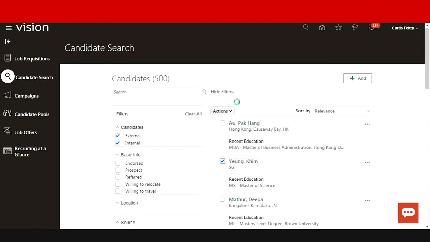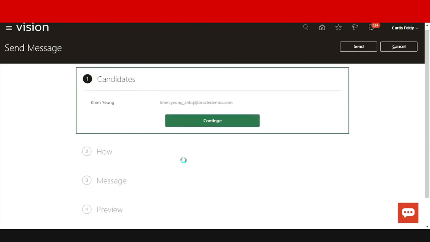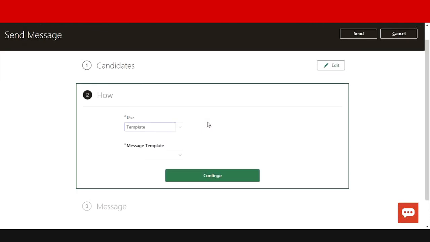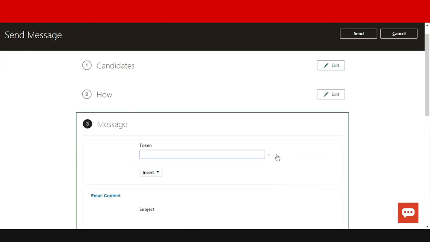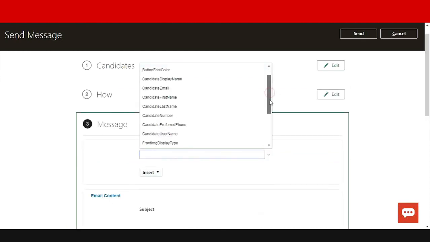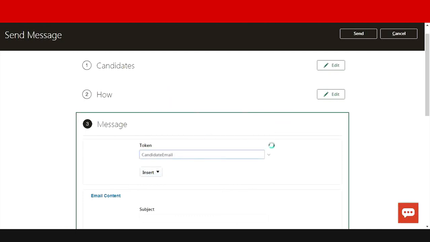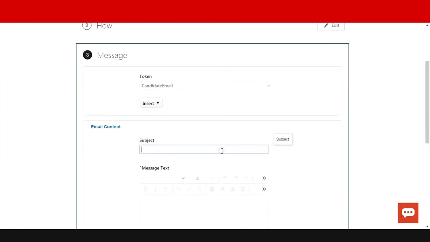If you want to perform another action, go back to the actions page, and here you have something called send a message. You have an option to send a message also. We already have a registered email ID for that person. Click on continue, and choose what message you are going to send. Do you have any template, or do you want to select a blank message? I am selecting a blank message here. Click on continue. Here you can send by various tokens. You can send to an email. You can maybe send to his phone. As per your requirement, you can do that. And for the subject, you can write any subject based on your requirement.